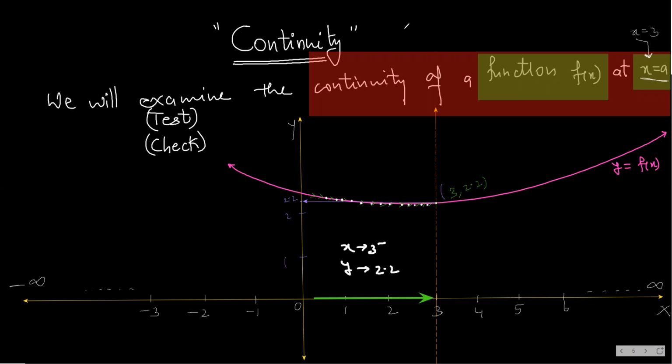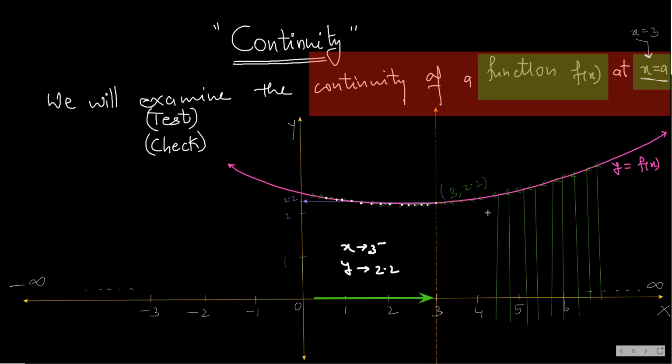Now, on the same function, if you move from right to left, that is, this time you move from right to left. Here you went from left to right. Now you go from right to left in such a way that the x coordinate is approaching once again 3. If I draw the perpendicular for all these points, you can check. As you are moving on the function from right to left,